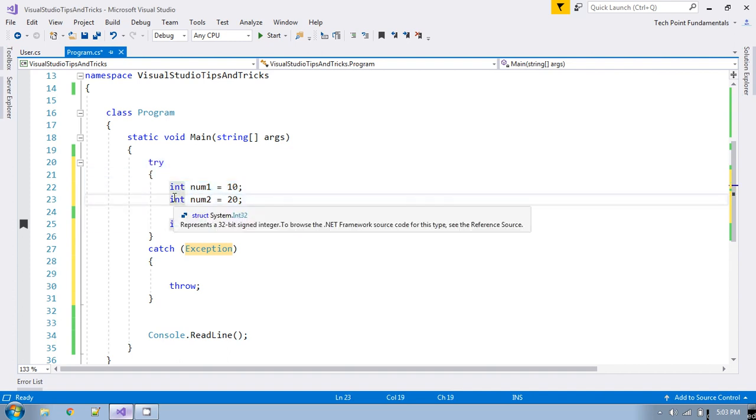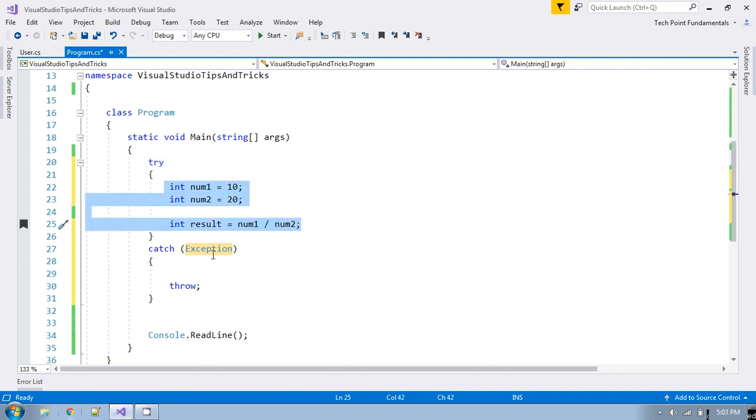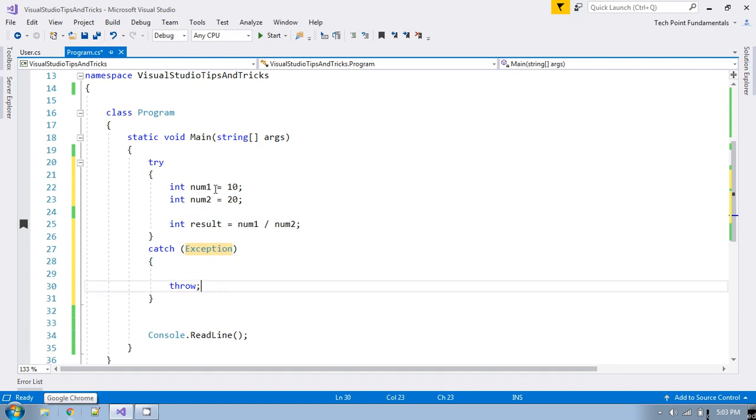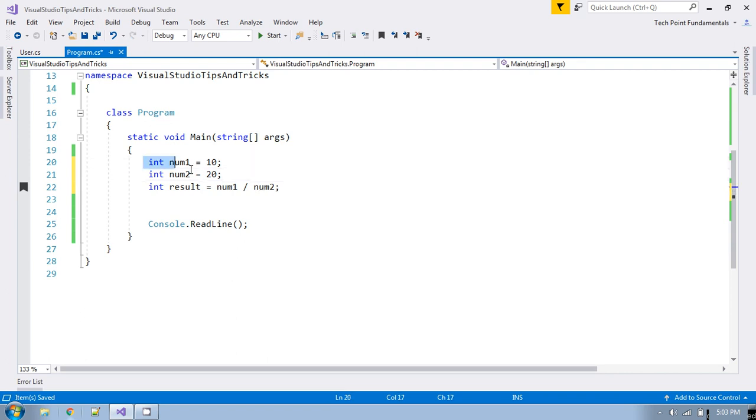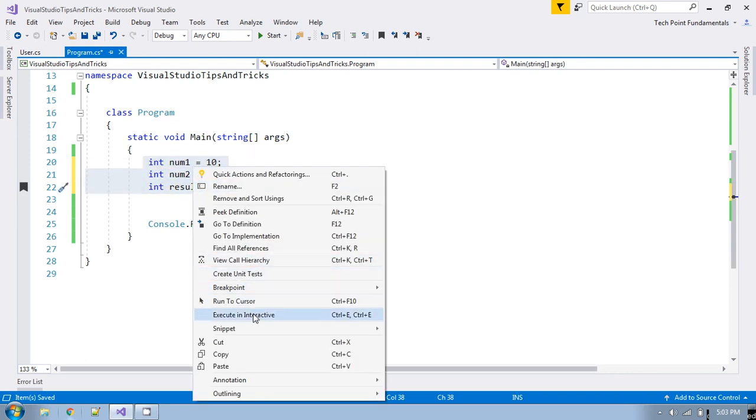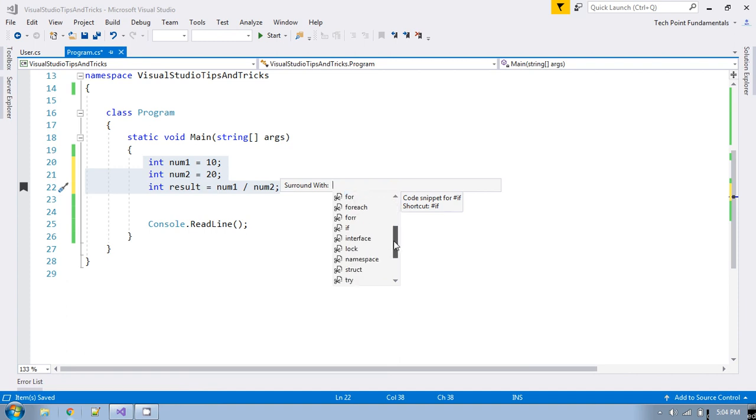All these lines are under this try block, and the exception is also there. You can throw the exception from here, right. So it is very simple. Or let me press Control Z here, you can just select the code and right click. You will see snippets, and under snippets you can go to the first option, surround with, the shortcut is Control K S. If you press here, you will get all the things here. If, try catch, struct, lock, everything is there.